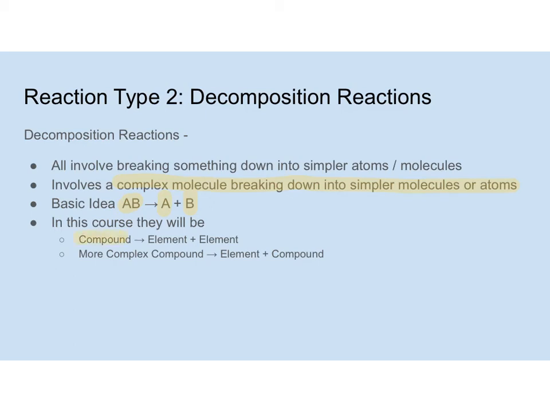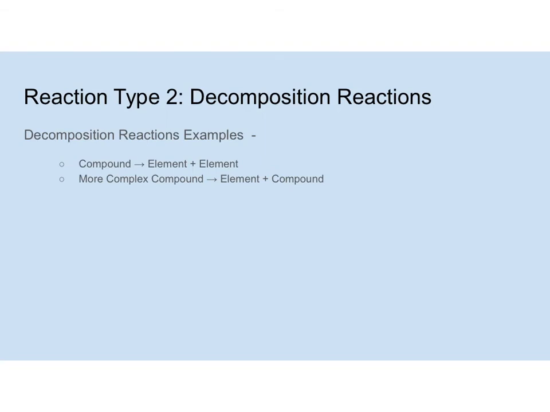So in this course, it's going to be the same kind of thing, the opposite of the synthesis. You're going to take a compound, which is then going to be broken into an element plus an element, or you're going to take a compound and break it into an element and another compound. So let's take a look at some of these examples. These are going to be very similar to the ones we did before. So the first example we'll go through here is a compound going into an element and an element. So an example of this would be something like NaCl, and it gets broken into